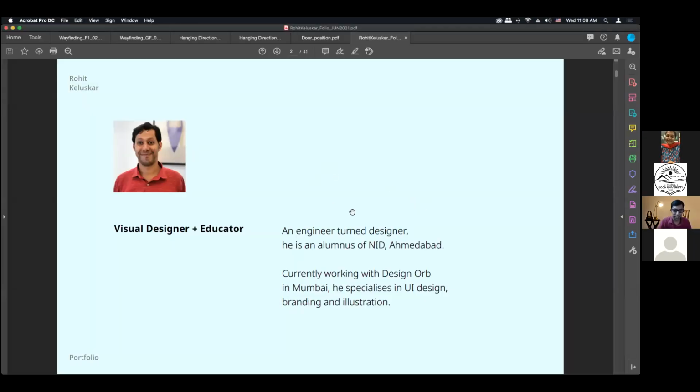So yes, a brief introduction: engineer turned designer, alumnus of NID, and currently working with Design.org in Mumbai, and I've been working on UI design. Am I audible? Is the sound correct? Yes, Rohit, we can hear you clearly. Okay. So I've worked on UI design projects, branding, and illustration projects.